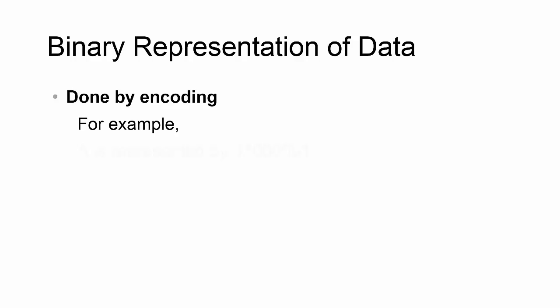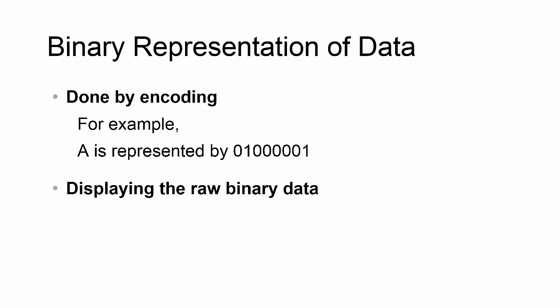So for example, let's say we have a letter A and we encode letter A and represent A by a certain combination of binary numbers like 0, 1, 0, 0, 0, 0, 0, 1, like this. So we can always use this pattern 0, 1, 0, 0, 0, 0, 0, 1 to represent A, but for